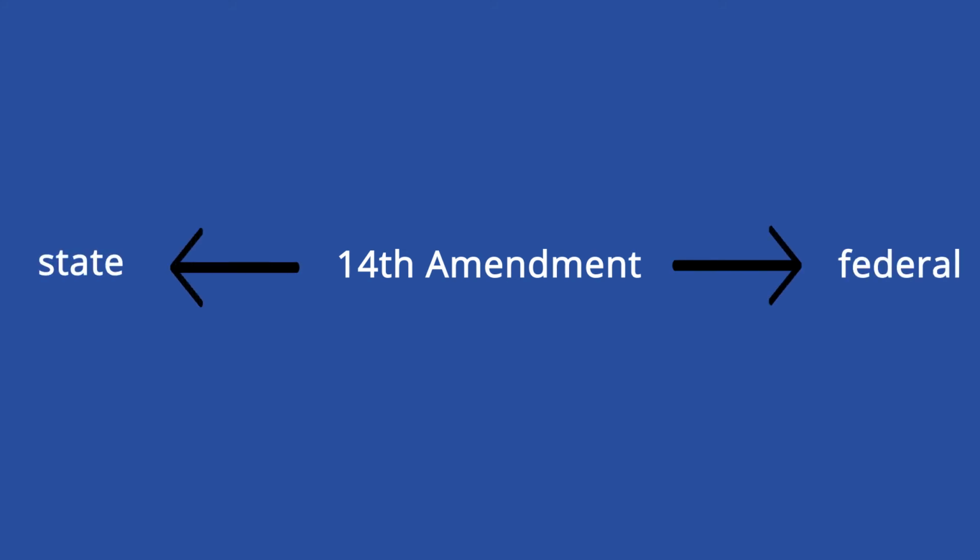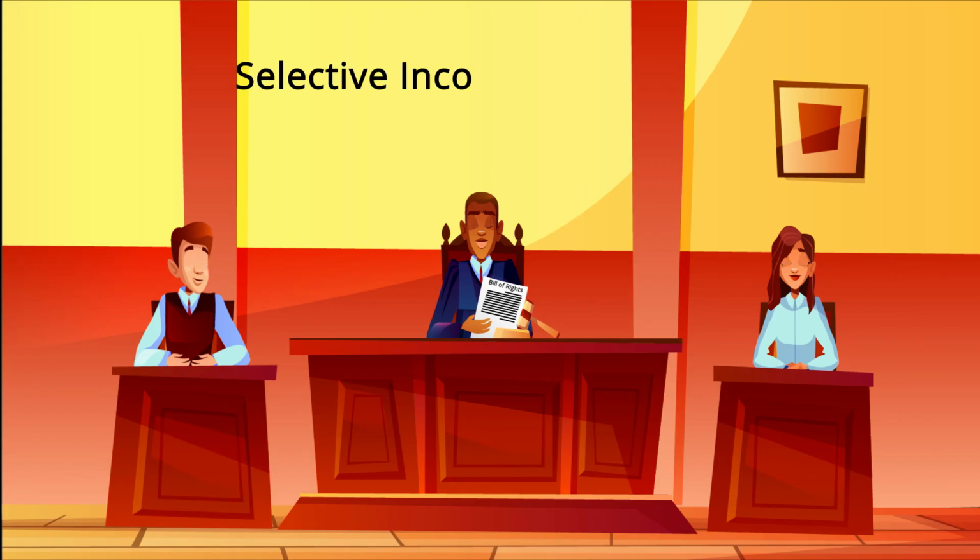As it was written, only the 14th Amendment applied to both federal and state governments. But since the 1920s, the Supreme Court has used the 14th Amendment to defend the applying of other amendments, like the 1st and 6th, to states as well. This process of applying sections of the Bill of Rights to the state governments is called selective incorporation. As cases concerning the amendments arise and are brought before the Supreme Court, the judges almost always use selective incorporation